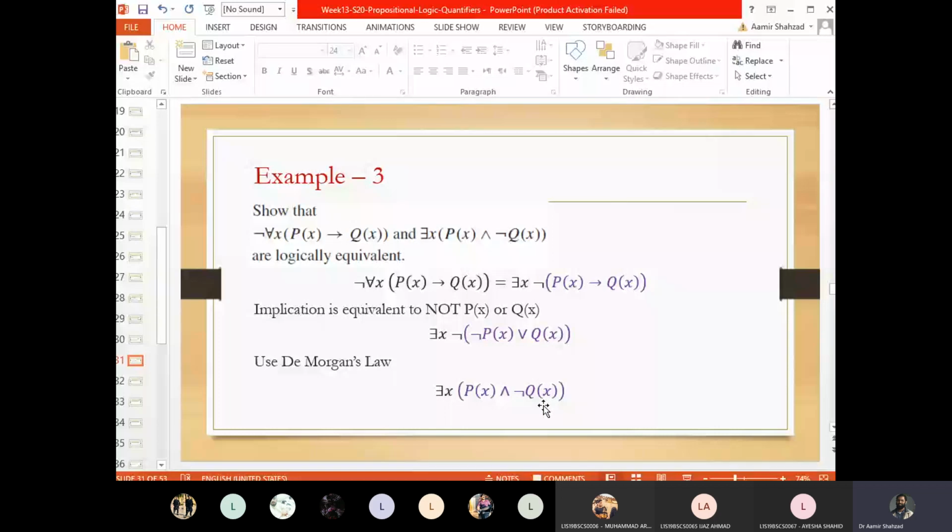Again, ये हमने पहले भी डिस्कस किया था, I repeated कि जब implication की negation होती है, so this becomes some and operator, आपकी implication गायब हो जाती है. Implication की negation में implication गायब हो जाती है. Be careful, implication की negation is not same as inverse. Inverse हमारा क्या होता है? Not P implies not Q. Negation क्या है? P and not Q. So just reminder, careful about this thing.